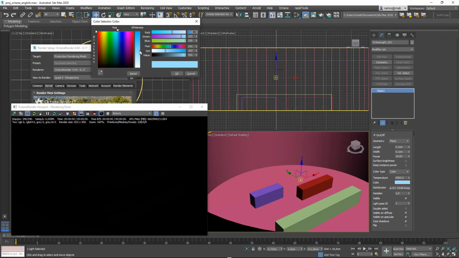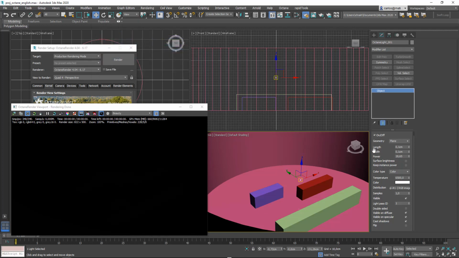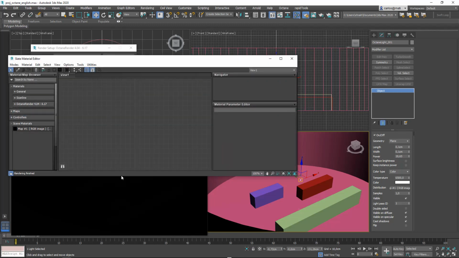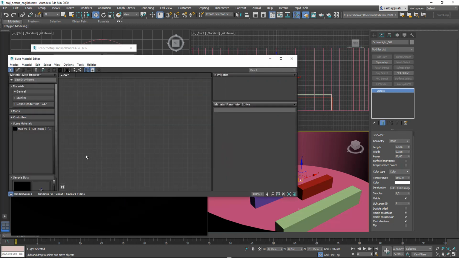So I'm gonna turn my light white back, okay, and I'm gonna go to the material editor, and here on the scene materials you can see that our first map, map number 1, we have just created by selecting an RGB image from the distribution, is actually used in the scene. So I'm gonna grab it on the view,